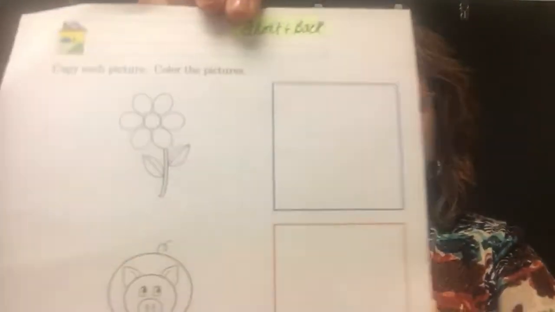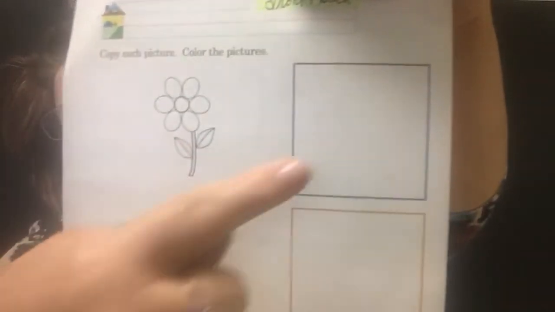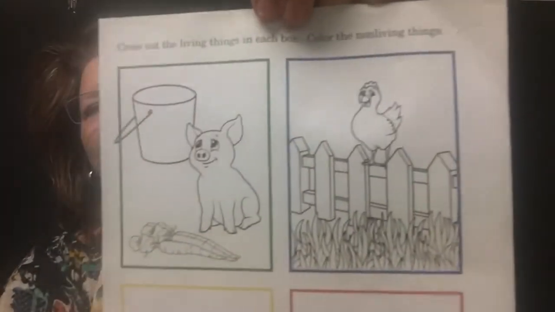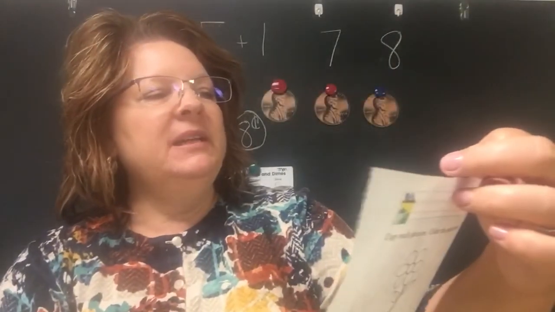So what you're going to do is you have a picture on the left side of your paper, and you have a square. You're going to draw this picture in this square, okay? And then you can color it if you want to. I'm not going to make you color it unless you want to. And then on the back, you have, look at that. You're going to look at each picture,